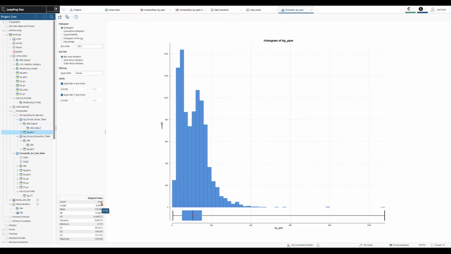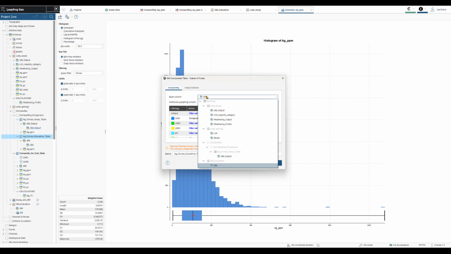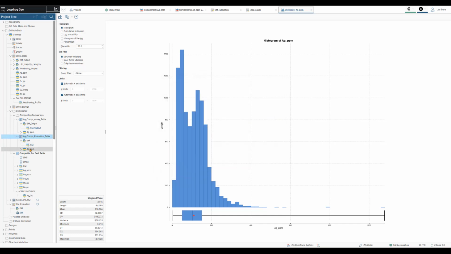Now, the domain estimator was 3,144. The reason for that is because of the domain's slight differences in snapping. My way around that is to create a composite table where the base column is the evaluation table. That means it's exactly compositing those intervals to the evaluated column, which keeps it as close to the domaining as possible. Now, if I run a comparative stats on that one,